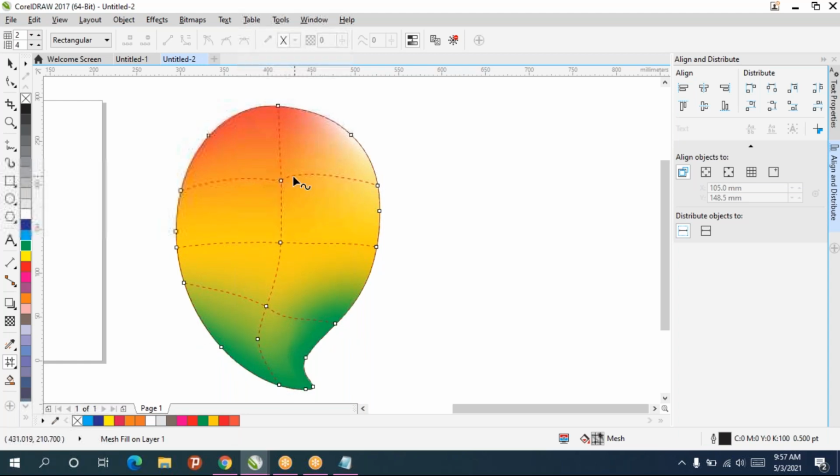Double click on the line or double click on the place if you want to add more points. Then select the point and apply the colors.